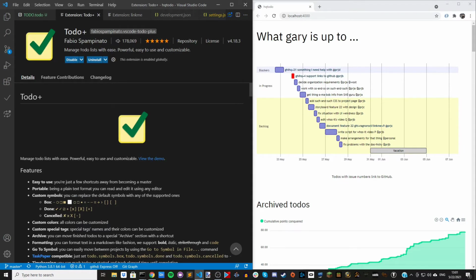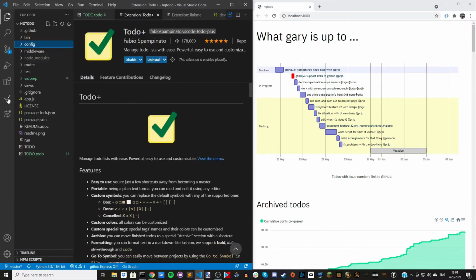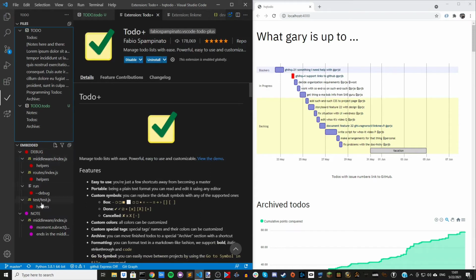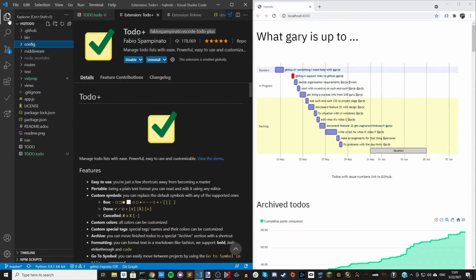There's a lot of other extensions with the same name and similar names, but this one not only tracks to-dos here, but if you have to-dos in your projects, wherever you mention to-do in a comment in your code, for example, it will show you your comments and notes. If I put a to-do in my code, it would show a section for to-dos. So that's really handy, and that's called the embedded feature of to-dos. But we're looking at the to-do list right here,